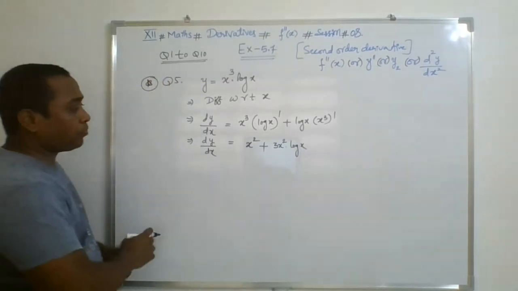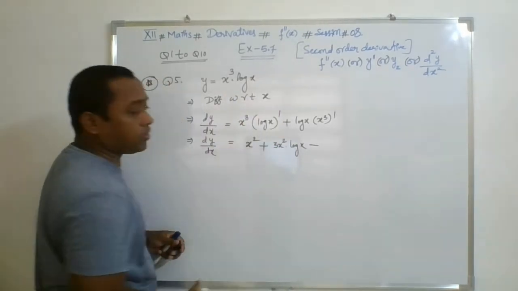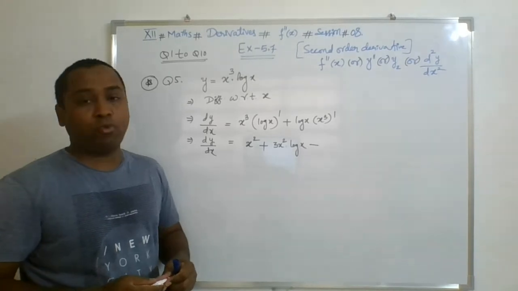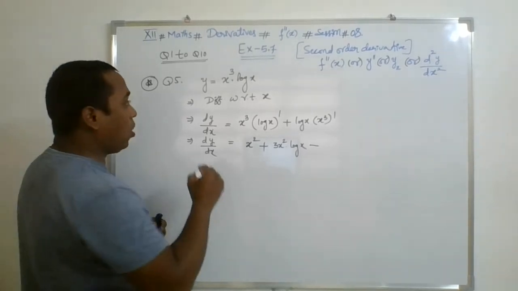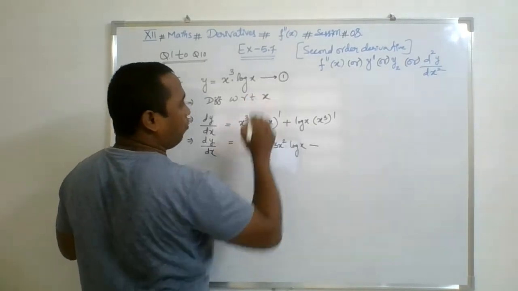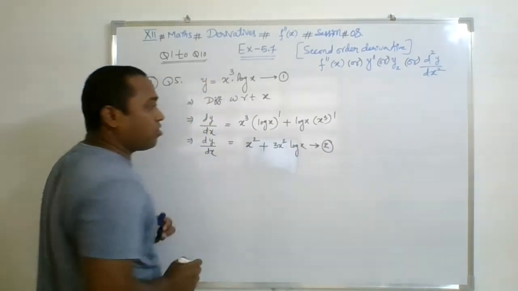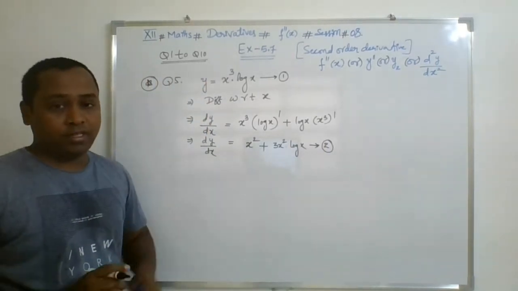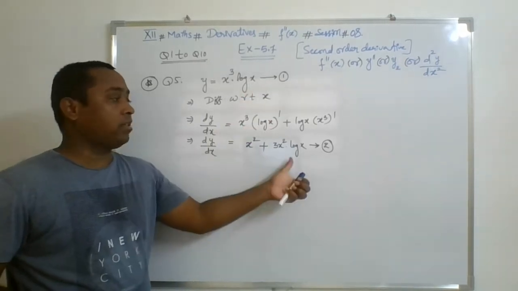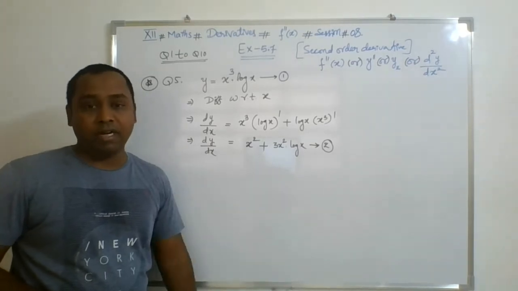Now again, this is result number one. Always in this process, the main key point of the entire topic is to start with the given question as result number one or equation number one. Once you do the derivative, take it as the second result and then go for the second derivative, because sometimes we need to use these results in the second order derivative to get the simplified answer.